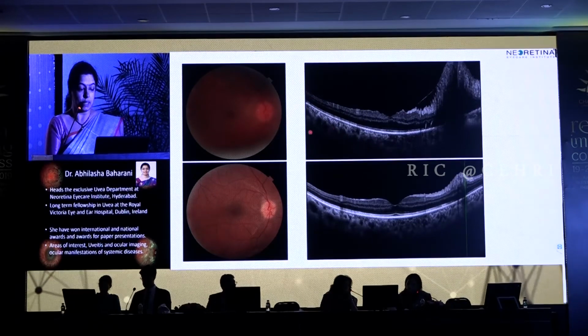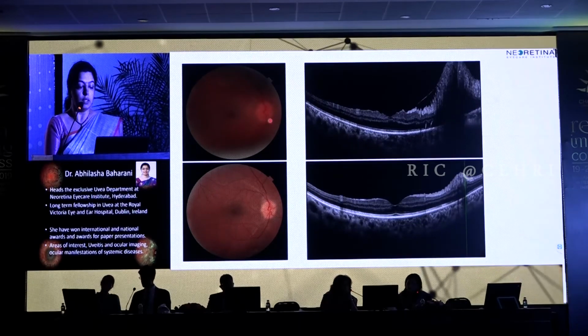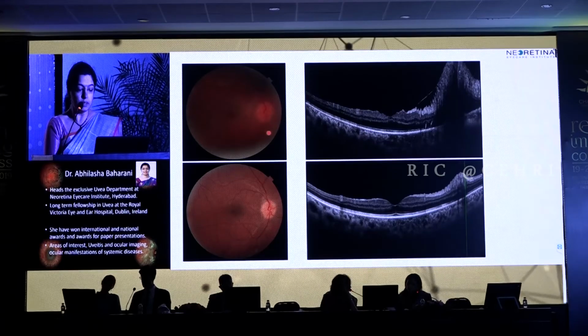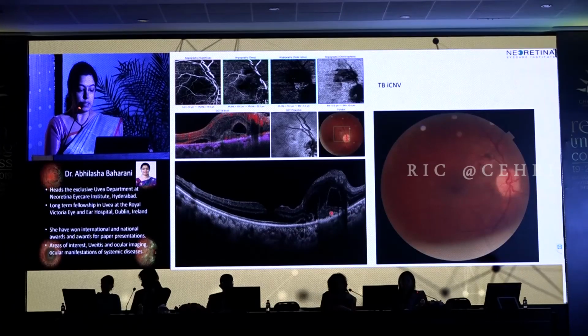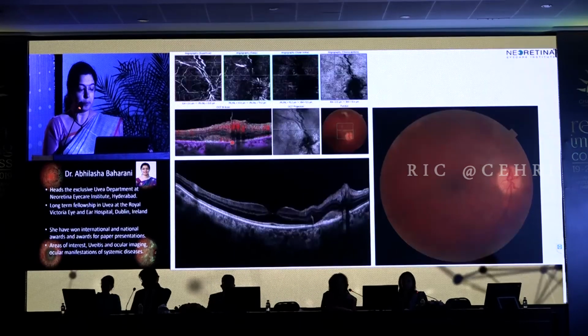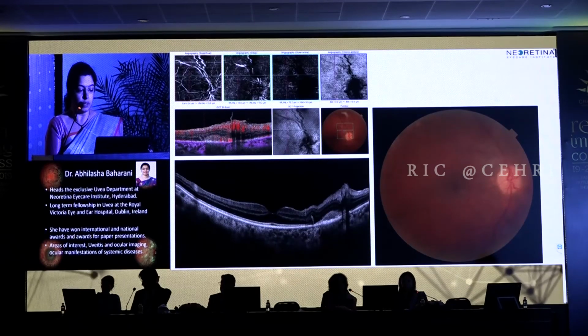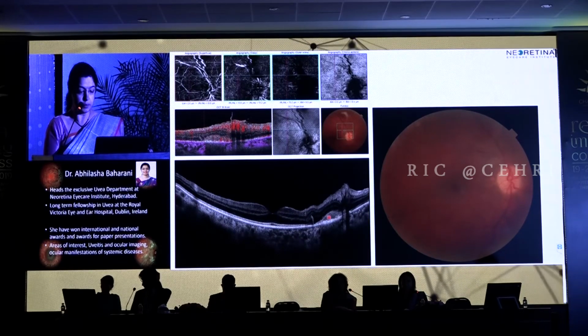This is my last case. This is a case of choroidal granuloma of the optic nerve head because of tuberculosis, and this healed well with treatment. This patient came after 2 years just for a routine checkup. He did not have any loss of vision, and again you see a hemorrhage there, and there is neovascularization, and you are seeing this abnormal flow over the RPE. Now with treatment, there is certainly decrease in the flow and no fluid here.